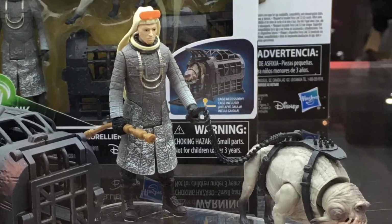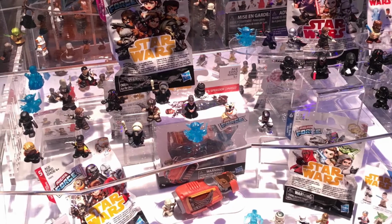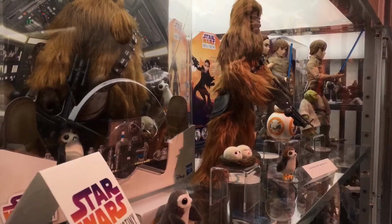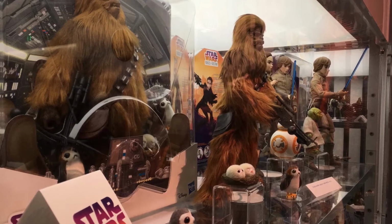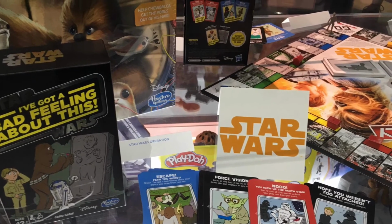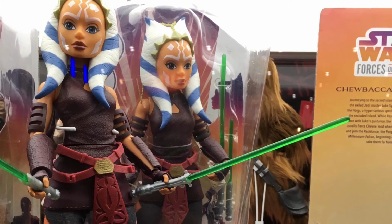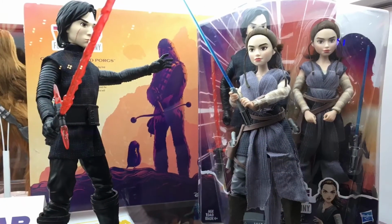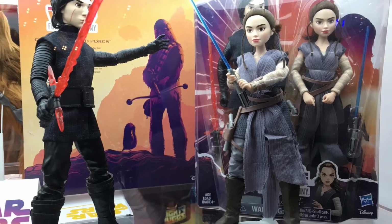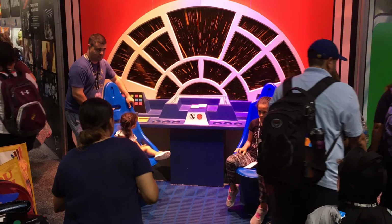And the new 2-packs, which some people have already started to get. And this is the new Microforce line that they'll probably go into more detail at the panel. And Forces of Destiny, I guess it's not quite dead, as they're still showing off the product. Some new, and there's always the Hasbro gaming stuff, and finally more Forces of Destiny here. And Hasbro had it set up so you could have your picture taken in a vintage Falcon cockpit. So that's a look today at the Hasbro booth, plus a couple other little things, as well as the pictures